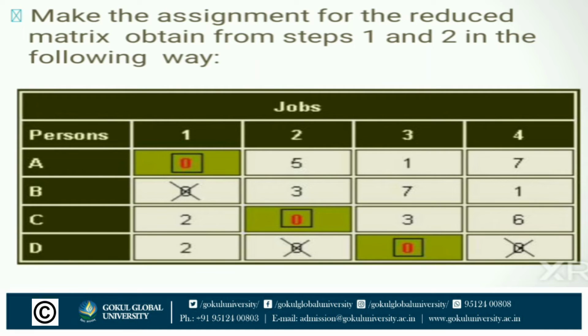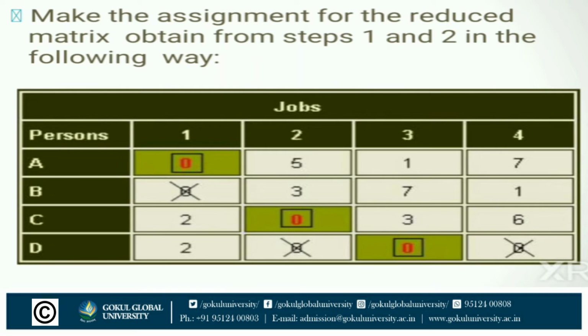Then here we scan the first row and first column. In the first row there is a single 0, but the first column has two 0s. Then we can assign the first row, and the second single column is crossed out. Then we get one person with one 0 for a fixed job. Now the second row has no other 0. The third row has a single 0, then assign that.